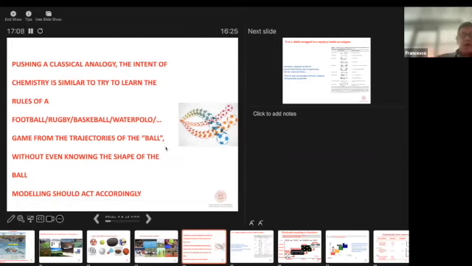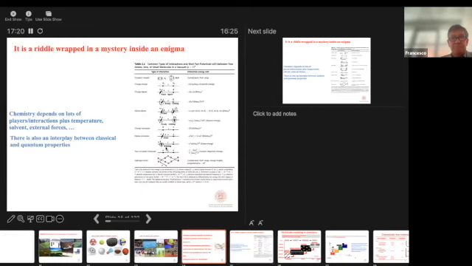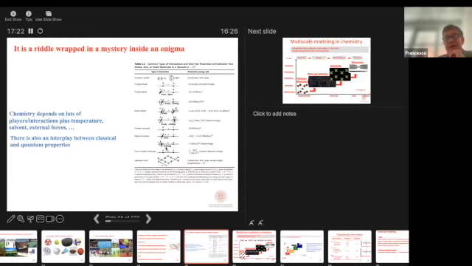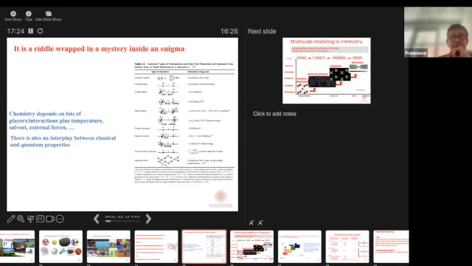And I would argue that if we do modeling, we cannot use only one kind of model. We have to try and understand what is the best modeling for the best purpose. Okay. Why is that? Why does that happen? Okay, somebody said it's a riddle wrapped in a mystery inside an enigma. He was not talking about chemistry, but I find this citation quite